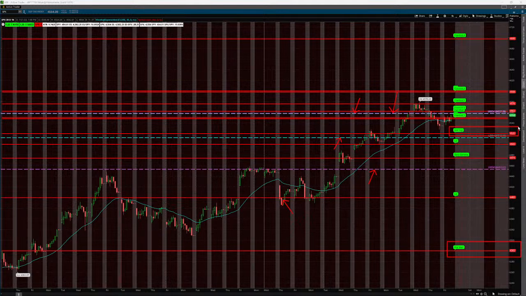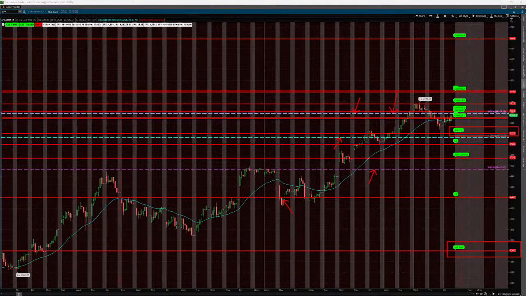Below that level, market makers' position on the gamma curve is negative. In a negative gamma environment, market makers have to trade with price to hedge their delta exposure, and that tends to amplify volatility. And then above that level, like SPX is trading now, market makers' position on the gamma curve is positive. In a positive gamma environment, market makers have to trade against price to hedge their delta exposure, and that tends to subdue volatility.